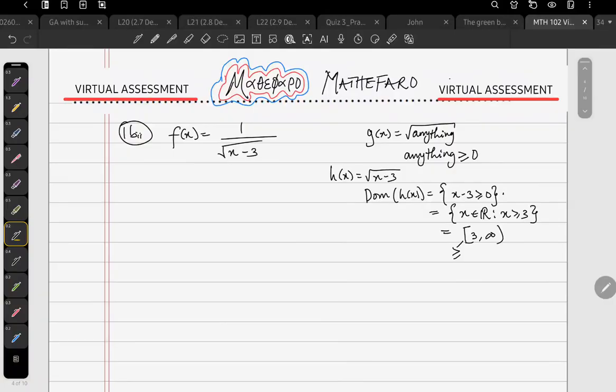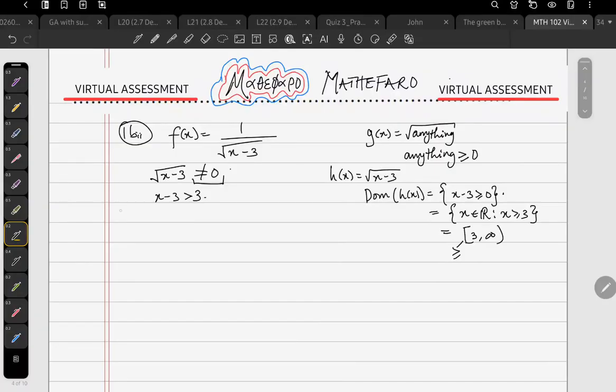But in this case, f of x equals 1 over square root of x minus 3. So there are two things we don't want. We don't want 0 in the denominator. Because it is a fraction, we cannot divide by 0. So square root of x minus 3 cannot be equal to 0. And also, we know that when we have square roots, for this to be defined, x minus 3 must be greater than or equal to 0. But since we don't want 0, it has to be the strict